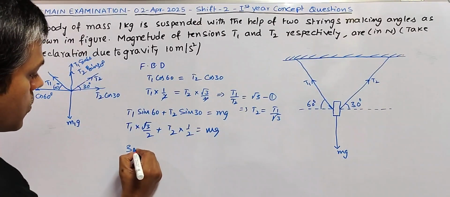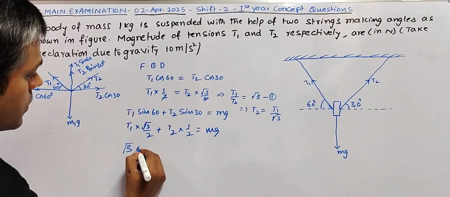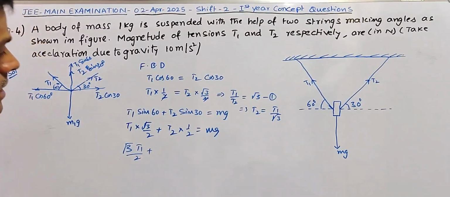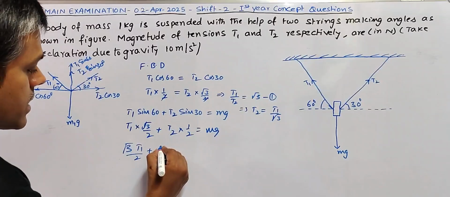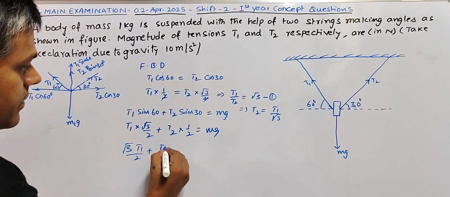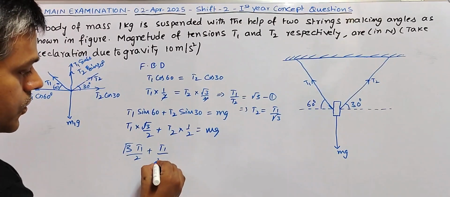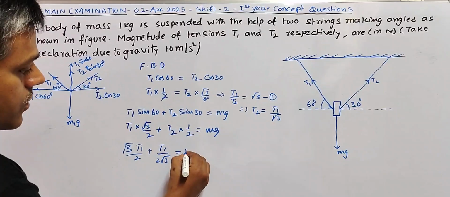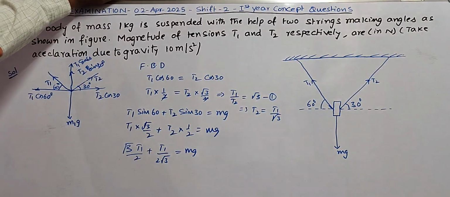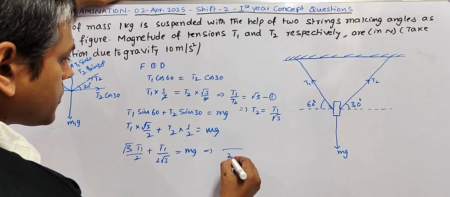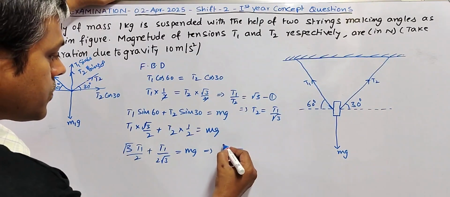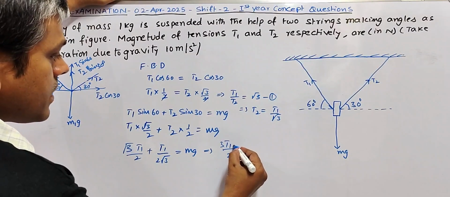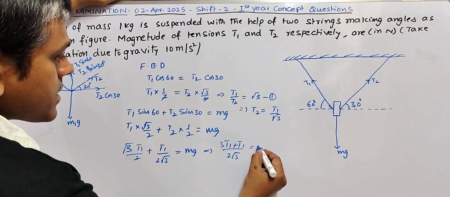So root 3 into T1 by 2 plus T1 by 2 root 3 is equal to mg. That implies 2 root 3 is common, so root 3 into root 3 gives 3 T1, and 3 T1 plus T1 is equal to